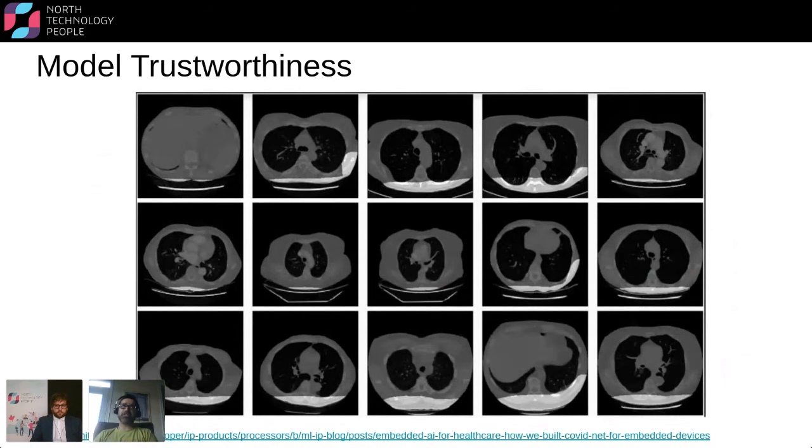For example, this is an image from one of our papers that we published a couple of months ago. Basically, we took a COVID-19 model that was developed by some organization on CT scans of COVID patients, and they claimed that they had an accuracy of 90%. When we passed the results of their model through our AI product, we noticed that the model was looking at the bed, not at the actual lungs.